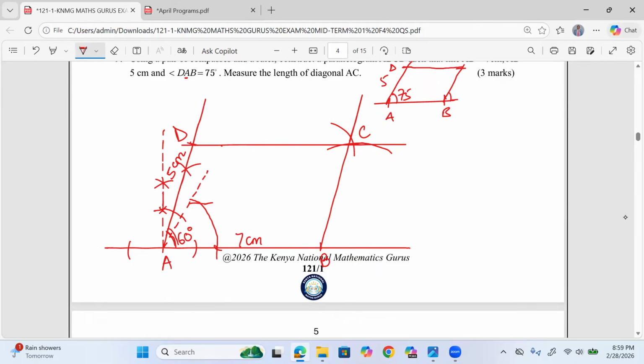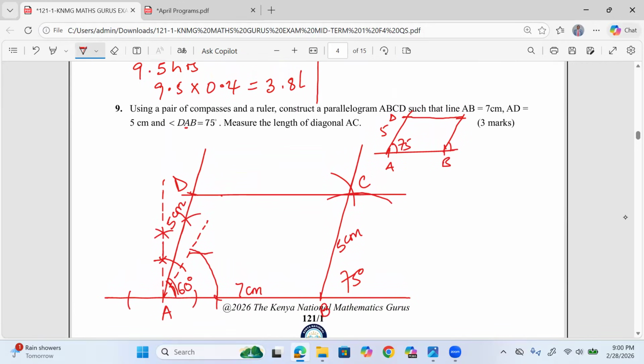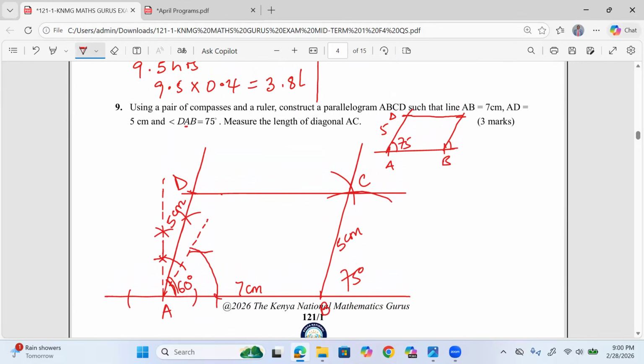You can also get point C by constructing another 75 on the outer side here. You construct a 75 there, then you produce the line, and after producing the line, you mark on it 5 centimeters. And after marking on it 5 centimeters, now you join the 5 centimeter mark to point D, and you'll have gotten your parallelogram. Now with that, after the construction, we proceed to measure the length of AC, which is